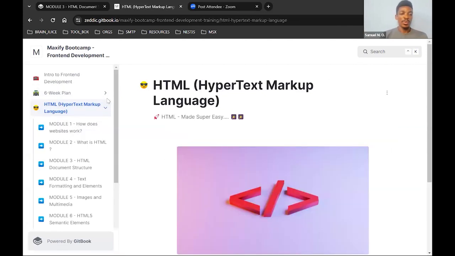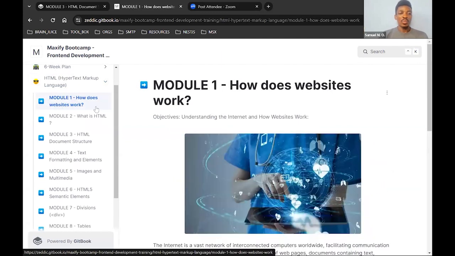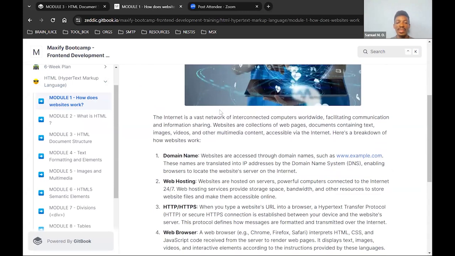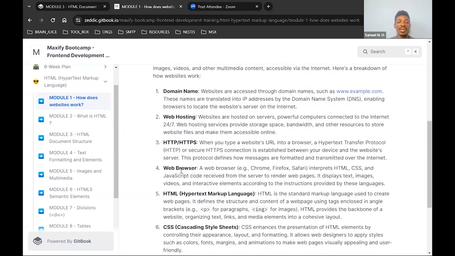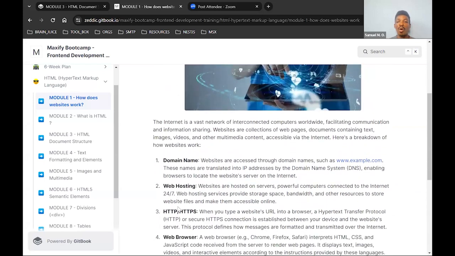If you look at this, when you open the HTML section, you have the first layer: how does a website work? This is something we also tried to look at during the course of the session. You hear people talking about things like, oh, I want to get a domain name, we need web hosting, HTTP, web browsers, and HTML, CSS, JavaScript. These are the core breakdown of the terms you could hear revolving around front-end